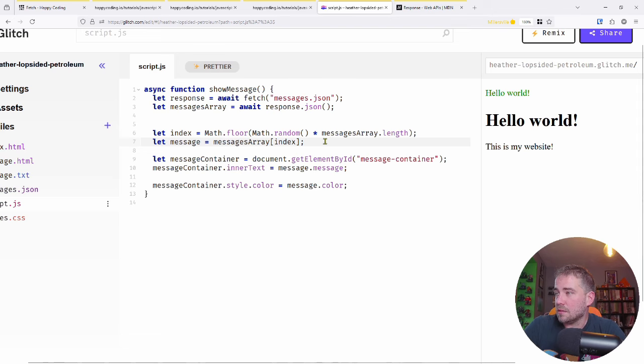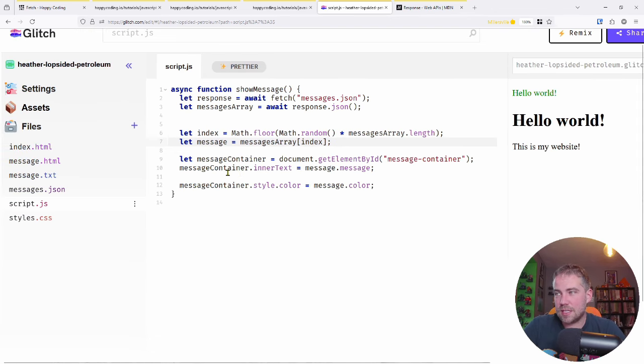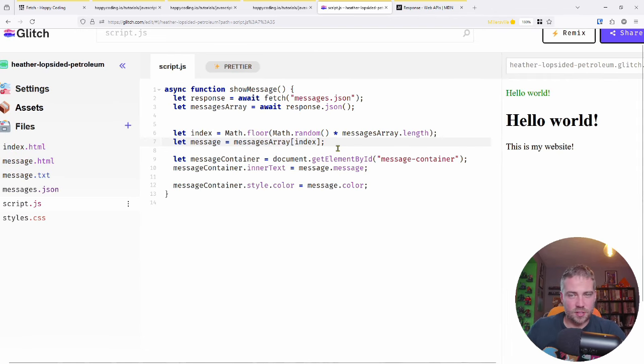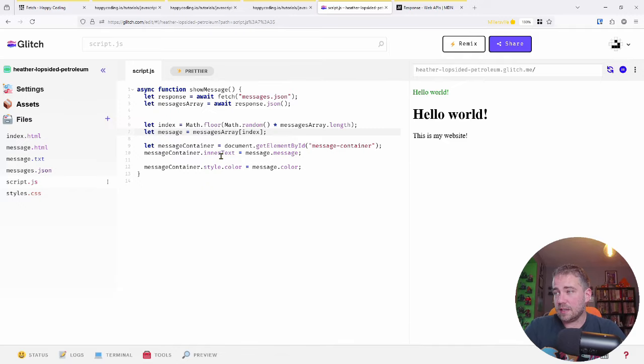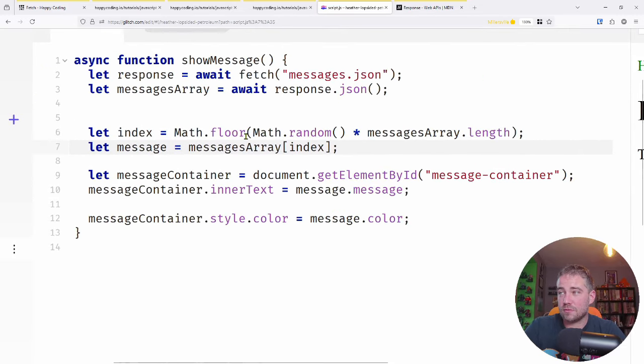But if I had more messages in here, then you can imagine that every time I load my webpage, I get a different random message, and those messages are defined in a separate file that is not part of my JavaScript, and that makes it easier to separate your data from your actual code. And then the very last thing I'll talk about is the fact that where this really becomes